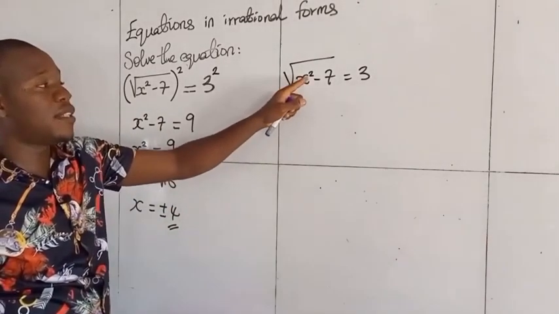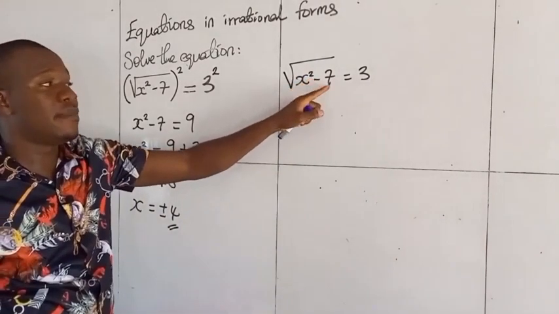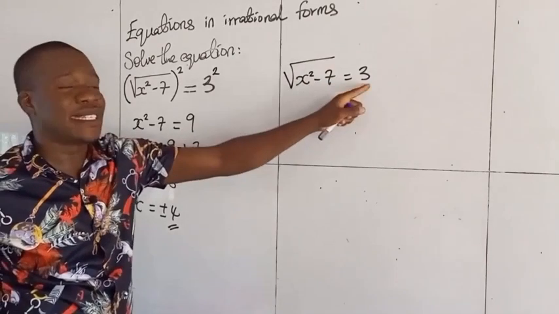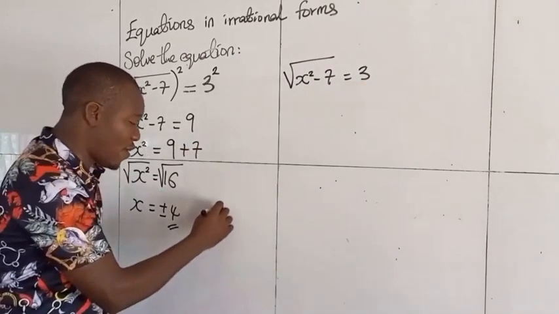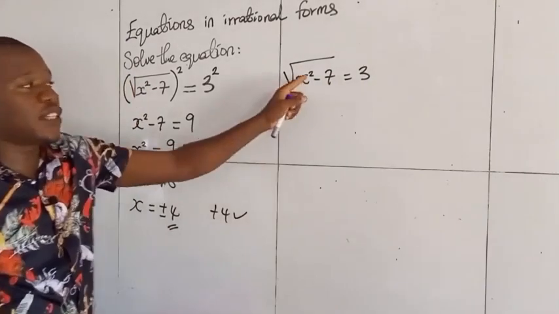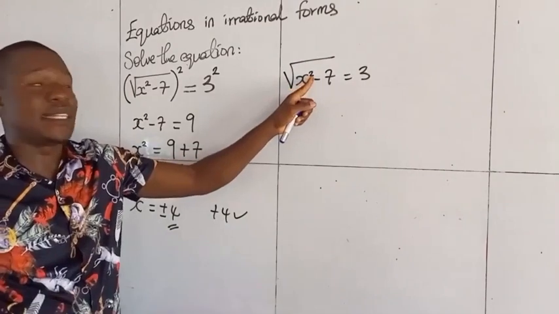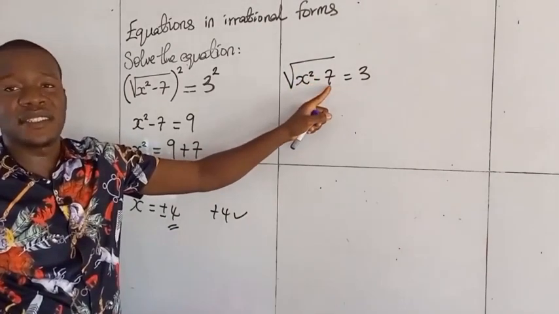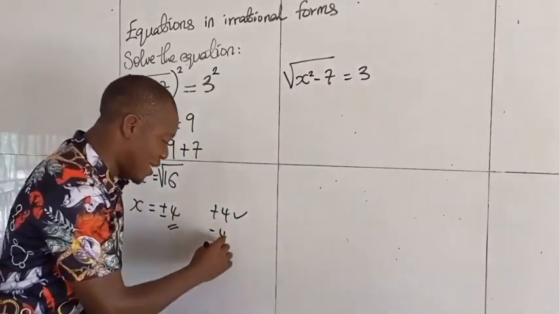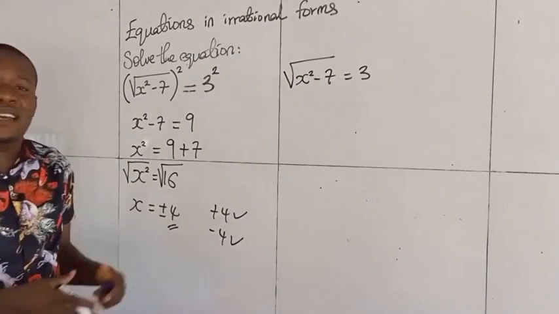When we do that, plus 4 squared means 4 times 4, that is 16. 16 minus 7, that is 9. And square root of 9 is 3. That means plus 4 is correct. We can also check for minus 4. Minus 4 squared means minus 4 times minus 4, which is still 16. 16 minus 7, 9. Square root of 9, 3. Minus 4 is still correct. So to solve this equation, the answer is either plus 4